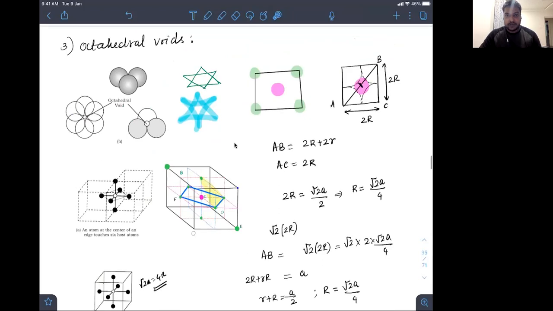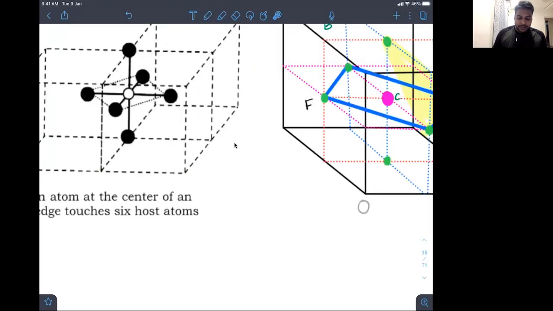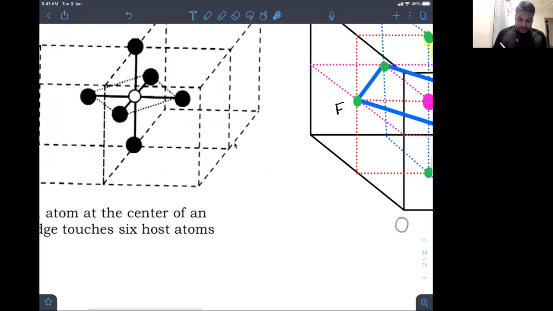Now see about octahedral voids. Octahedral voids are formed when you have 3 atoms here and 3 more atoms above. So in between them, there is a groove which will come, and that looks like a void. See, imagine this. This figure is better to understand. Imagine this properly. 1, 2, 3 atoms are touching each other. If I place both of them together close like this, then there is a void space coming in between them. That is called octahedral void.